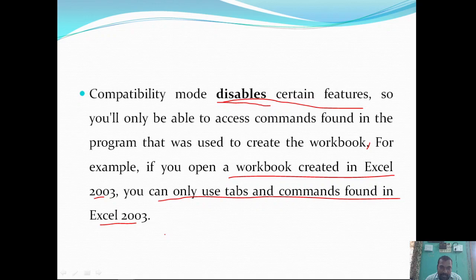Once again I am repeating, if you are opening a workbook that was created in 2003 in the 2007 version of Microsoft Excel, even though you are opening in the 2007 version, the document does not include all the features that are available in the 2007 version. Why? Because that document at the time of creation used the 2003 version, which has fewer features compared with the 2007 version.